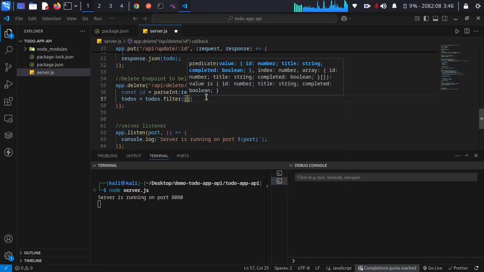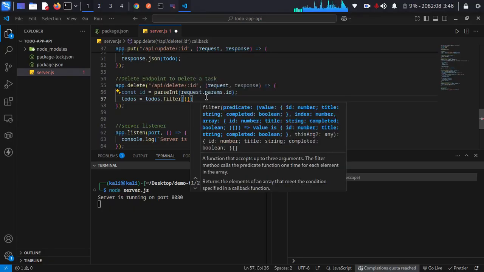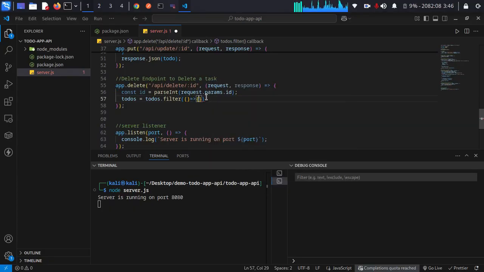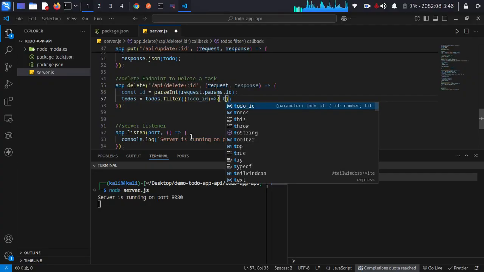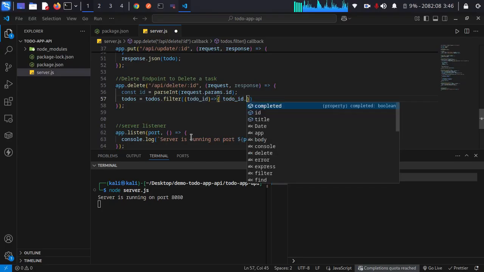We have to create an arrow function. Yeah, arrow function, right? So this is your arrow function. So we have here todo id. So we place this todo underscore id, right? So that's the parameter for this arrow function. So we want to check todo id dot